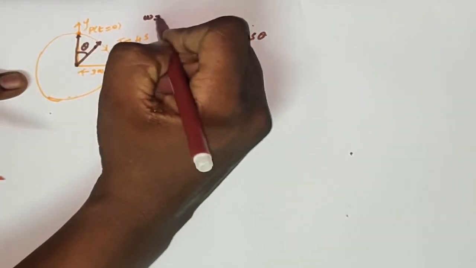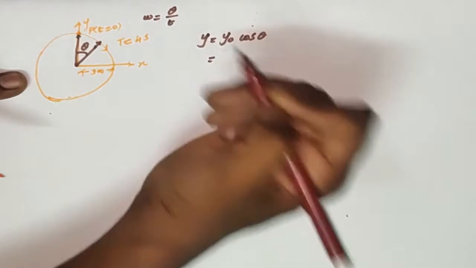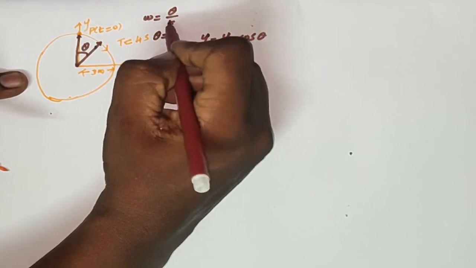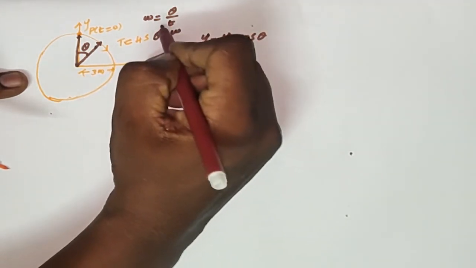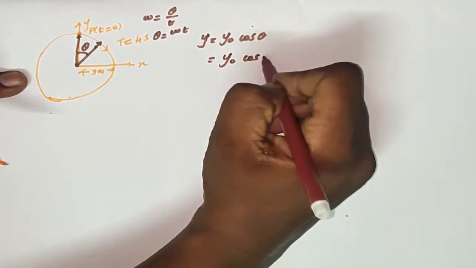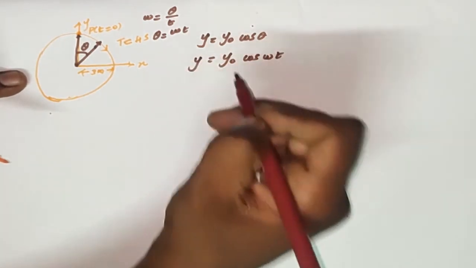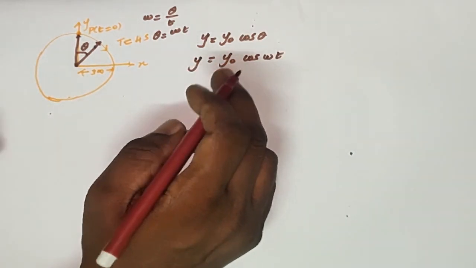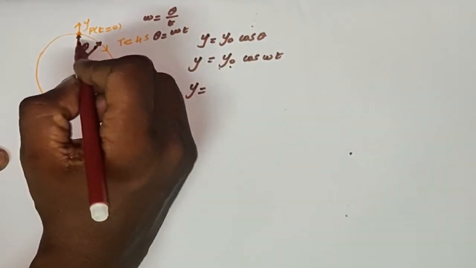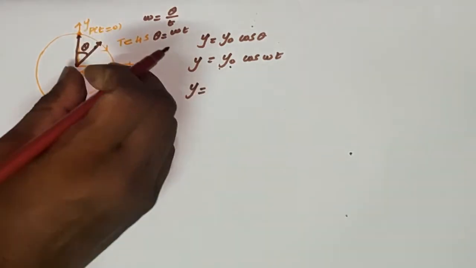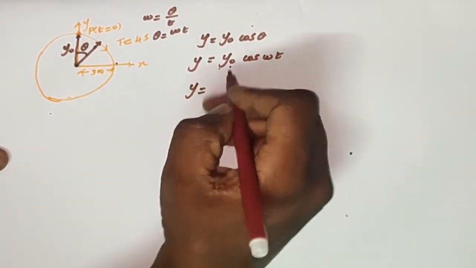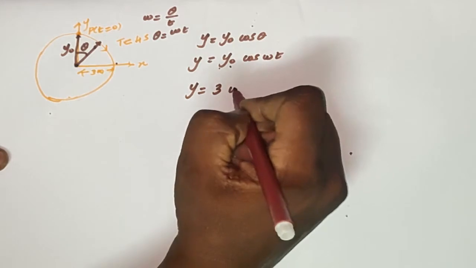The angular velocity is equal to angular displacement by time taken. This is the general definition. So if you write the angular variation theta in terms of the angular velocity and time, rearranging it will give theta is equal to omega times t. This is the y projection of the radius vector. Now we will substitute the values. The amplitude is nothing but y naught at the starting point, which is equal to the radius. Radius is given, it is 3 meter. So y is equal to 3 cos of